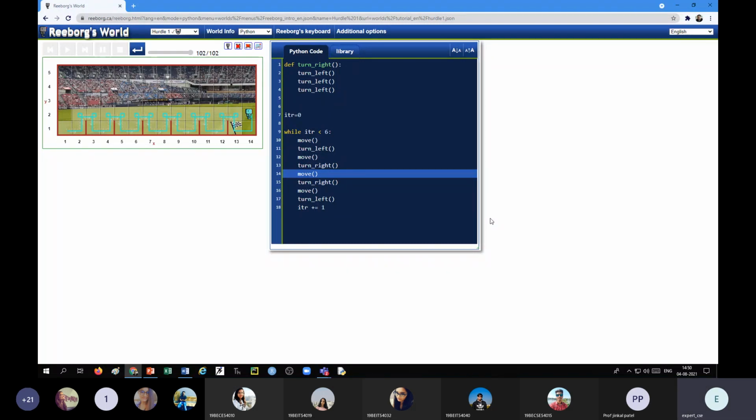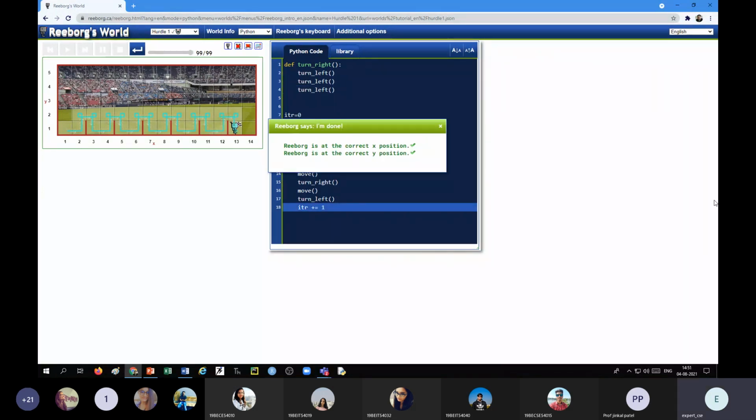Okay, now if we run this, okay, robot is at the correct position. Right?